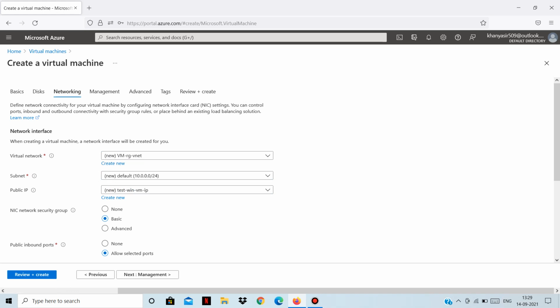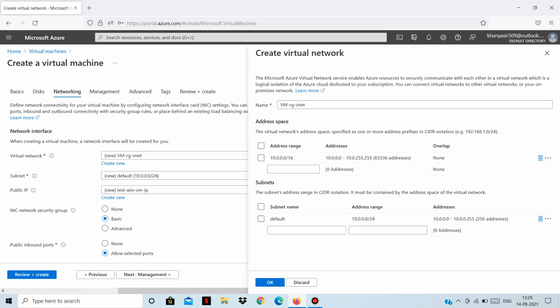Likewise, you can create other subnets in that virtual network from here if you want to create more subnets. I will just leave both of them as default. So this will just have 10.0.0.0 to 10.0.0.255.